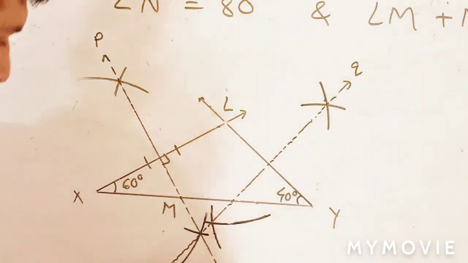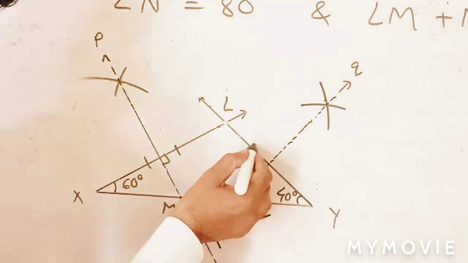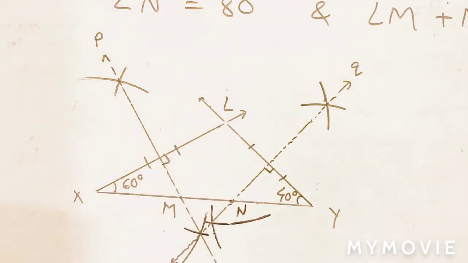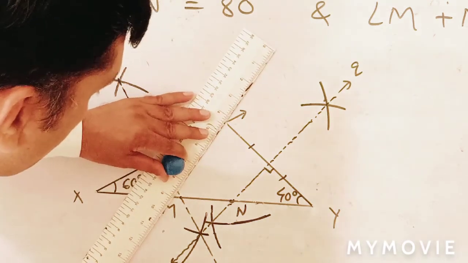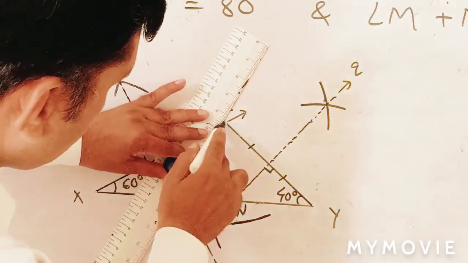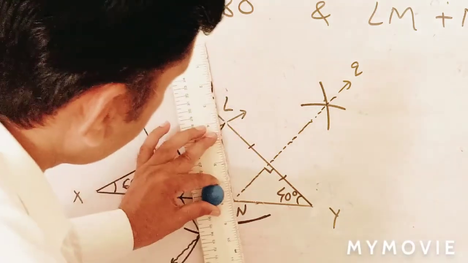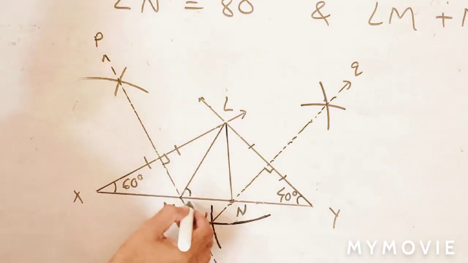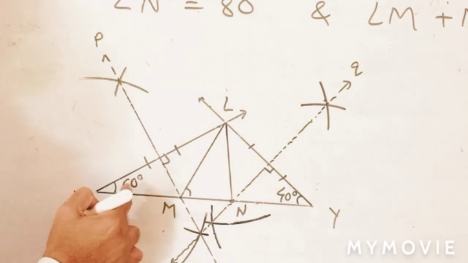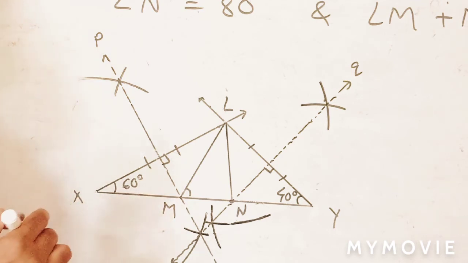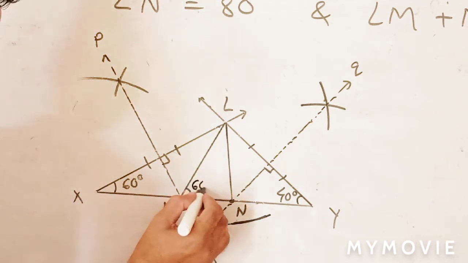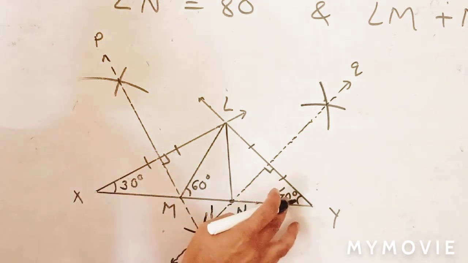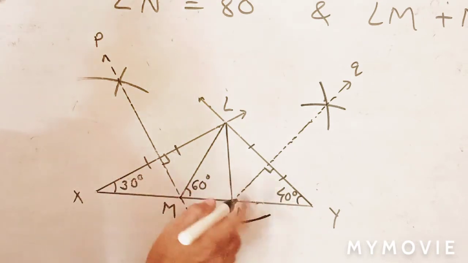This is line Q, suppose, perpendicular bisector. Here identical mark, perpendicular sign, here intersection point, this is N. And now join LM. We want triangle LMN. Therefore join LM, here LN. And this angle is 60 degree. Here 30 we have taken, half we have taken, here 30 and here 40. Then double 60 here, double of this 80.